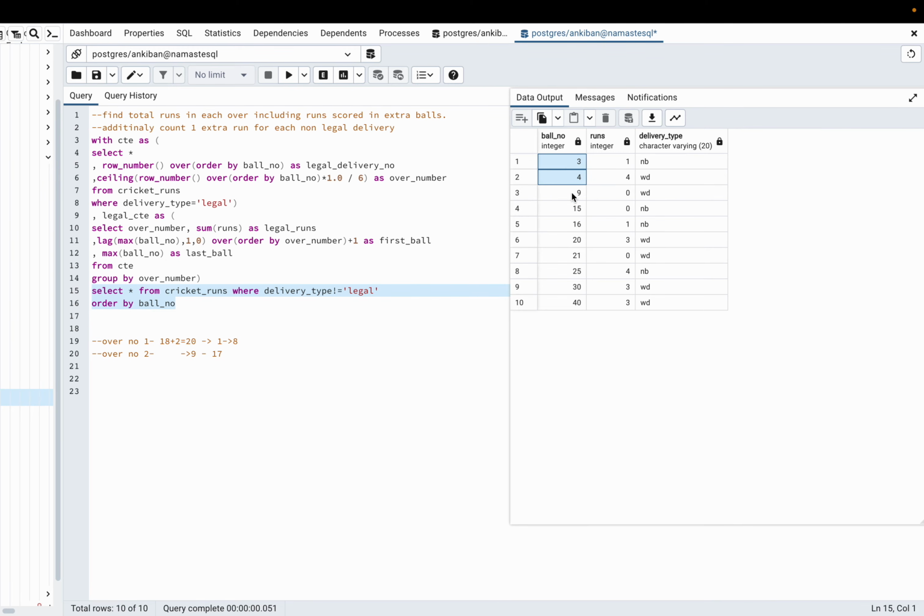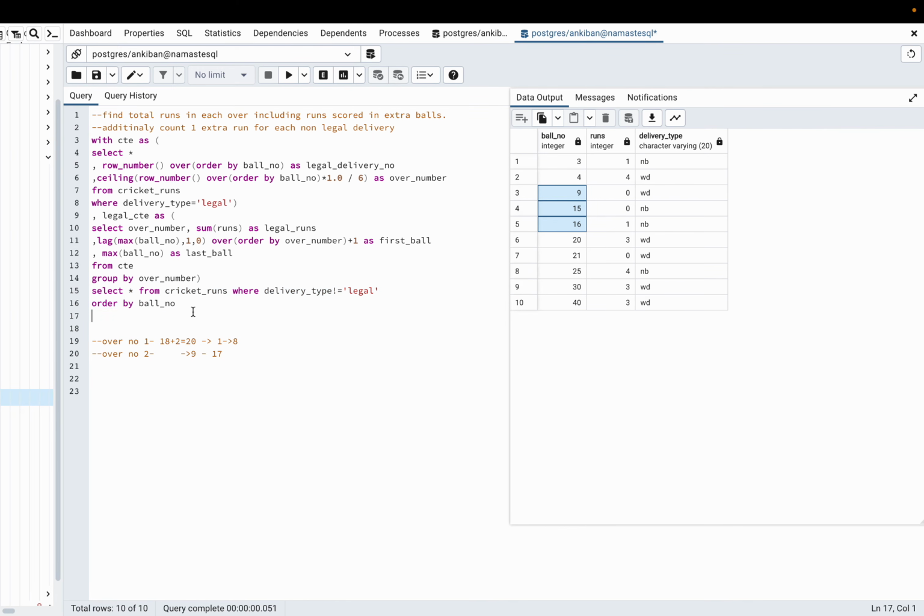So I can join this data with the legal data on ball number between first ball and last ball. If I put that join condition, these two records will join with the first over, right? These two records, or whatever is falling in the first ball and last ball range, will join with the second over, and so on.